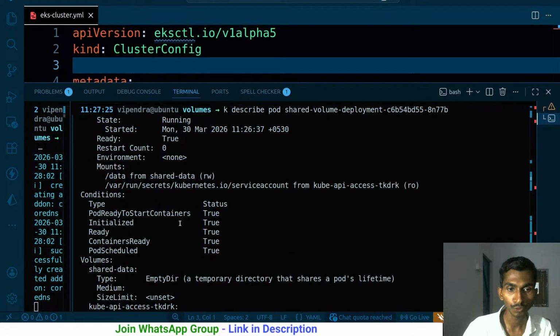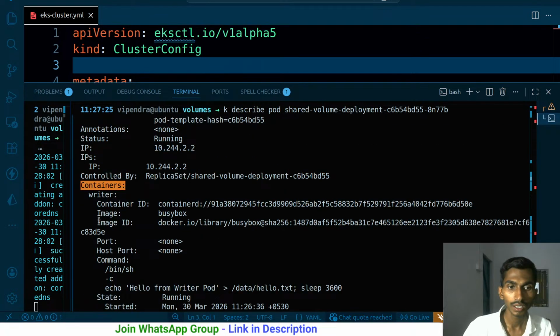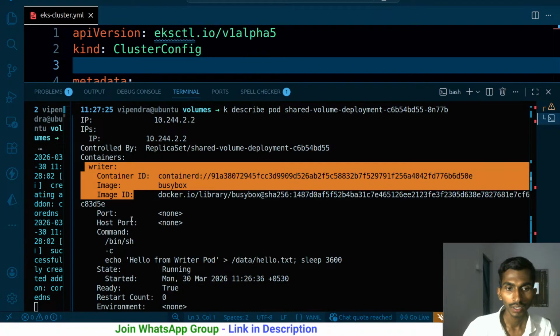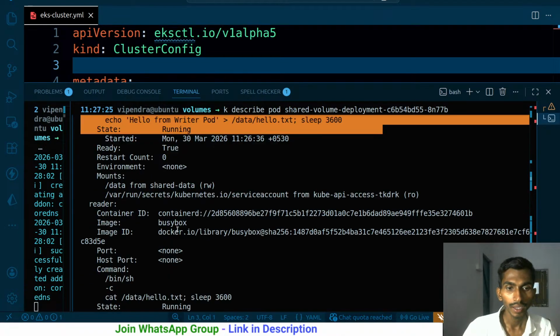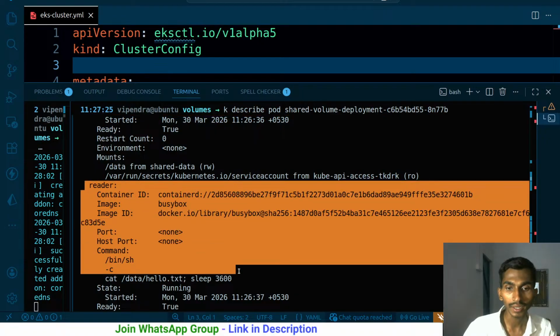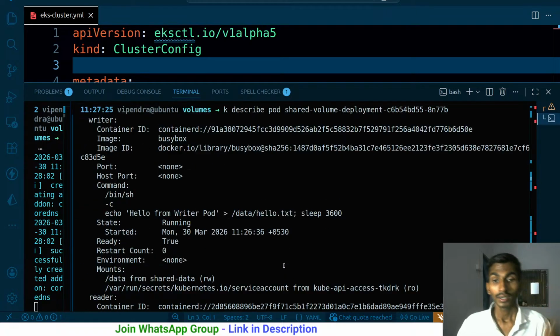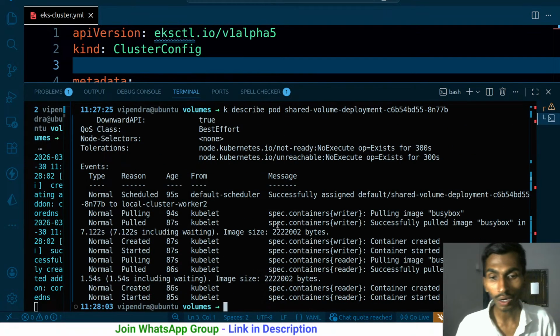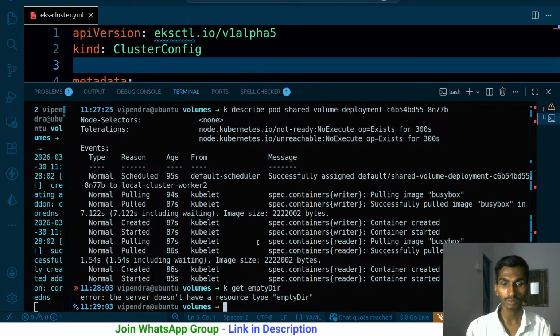Apart from this, if you have a look inside the containers over here, I have this writer container and the command and all, you are just getting everything. And similarly I have this reader container as well with its command. You have 2 containers running inside the pod, and that is it. Now the question comes, does it work as expected? Even I can get the volume as well. So K get emptyDir. Well, how am I going to be getting the value of the emptyDir? K get,